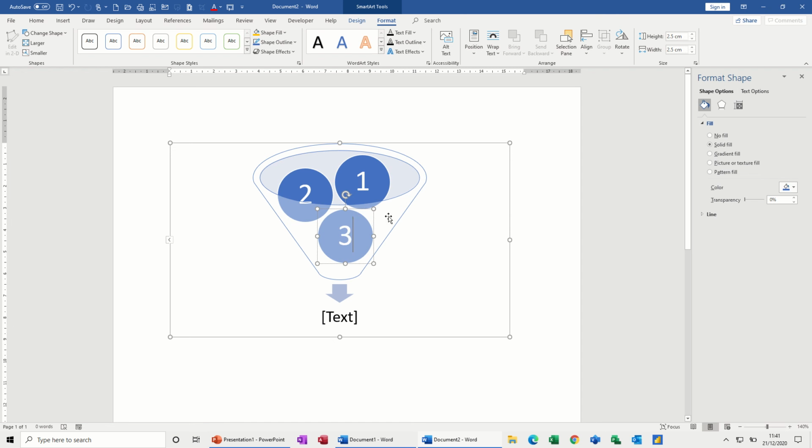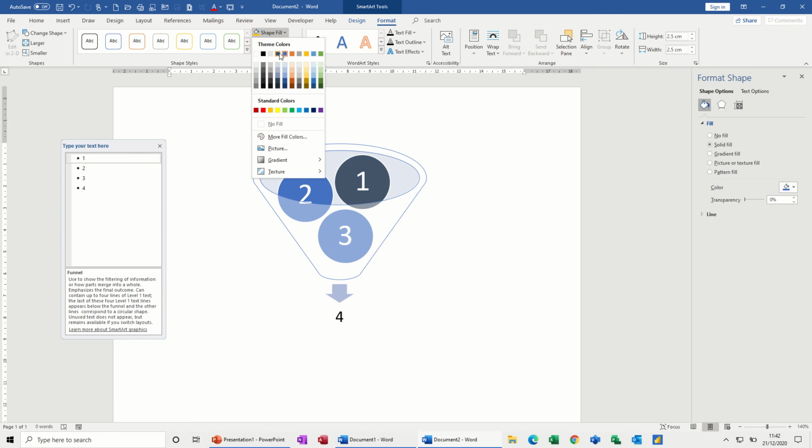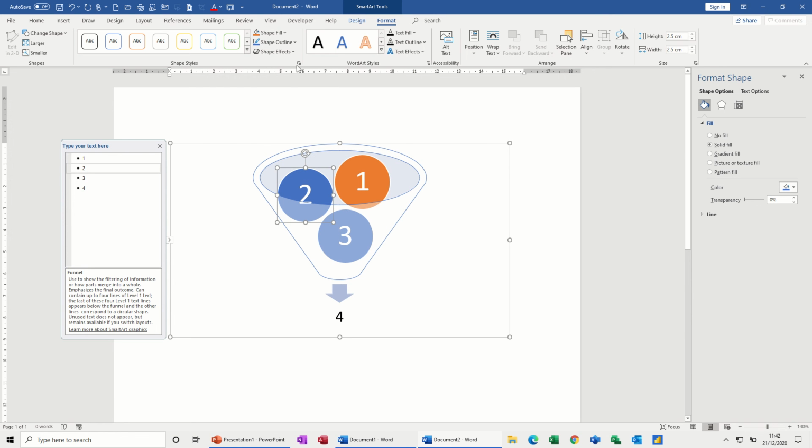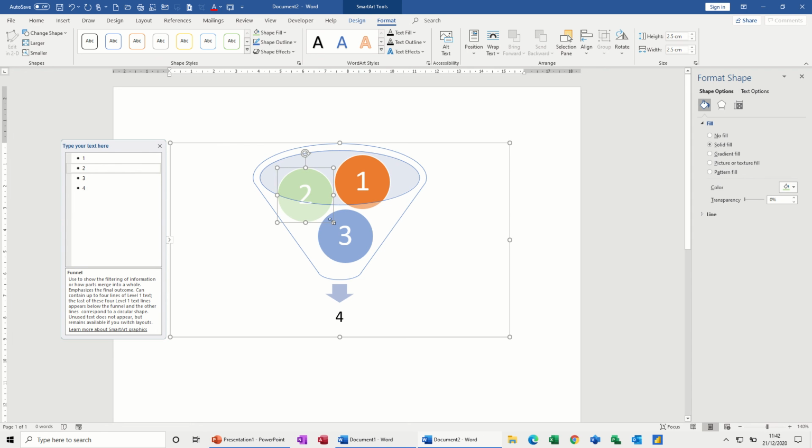I can type 3. However, you've got this little arrow on the left hand side where it allows you to type if you can't actually type in one of the shapes. Now if I wanted to colour these in, I can colour these in different colours, but I have to get onto it. Now if I don't want to use my tab key, I'd have to click onto the number 3 there, and it highlights it, and then I can select the colour I want for that one,